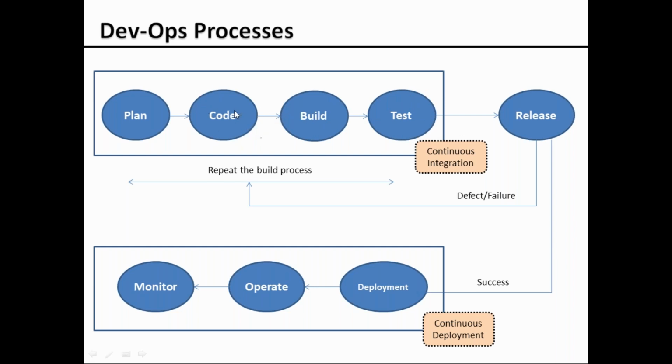It's not that way in DevOps. Whatever small requirement you pick, you do that code, build it and give it for testing. In the meanwhile, the coding team will not sit idle. They will pick the other requirement and do their coding. So it is a continuous process. It's continuous integration that you're doing.